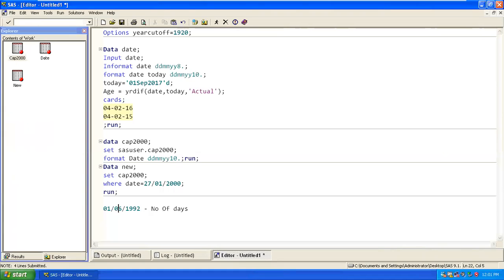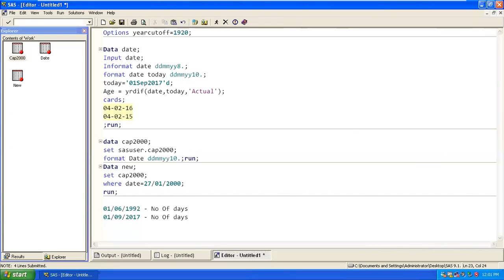So let's say if someone wanted to calculate based on today's date, 01/09/2017, here also we will get a number of days, correct? This number of days will be more than this number of days, correct?